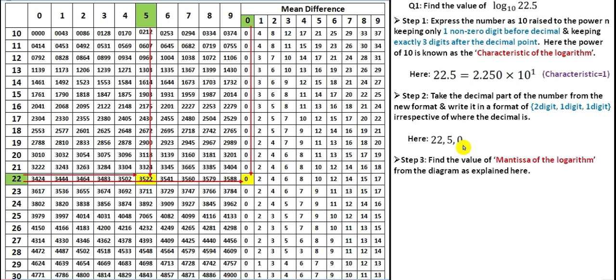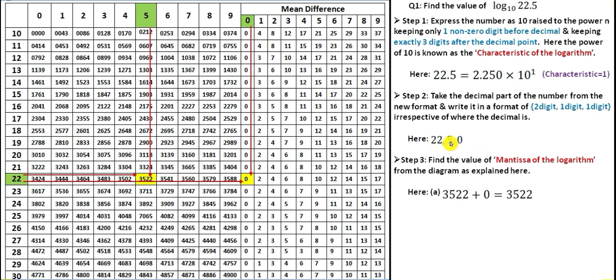Now the next point is we have to find the mantissa of the logarithm as explained here. I am going to explain how to find this mantissa. So how to find that? See, first see this number, what is that, 22, and search that number here. The first 2 digits you have to search from here in the first column. In the first column you will get numbers from 10 to 99, means all the 2 digit numbers are available here. So from here you will obviously find this 2 digit number, so search that. Like here it is 22, so I have marked it here as 22.